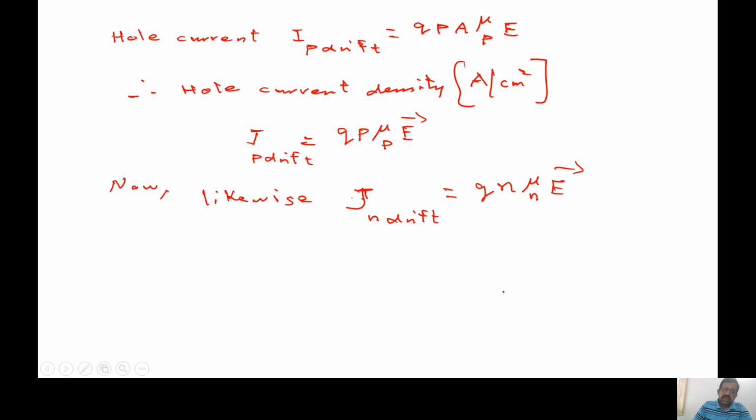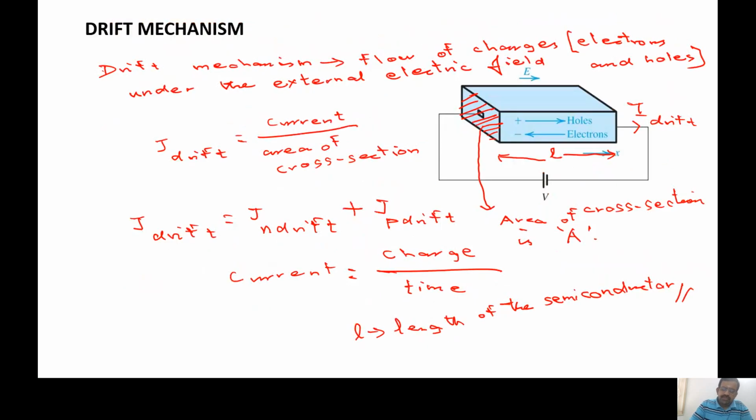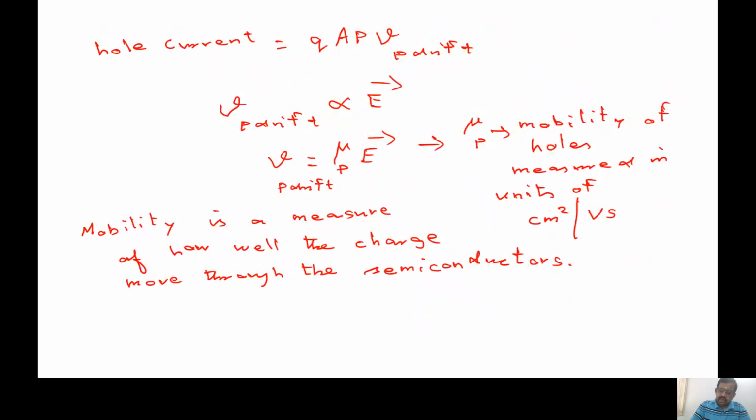Okay, so you can understand very clearly that although the electrons move from right to left in response to the field, the conventional current direction is always from left to right. The electrons have a velocity in the opposite direction, but Q is also a negative charge. Therefore, that negative will get cancelled, leading to a positive current from left to right.